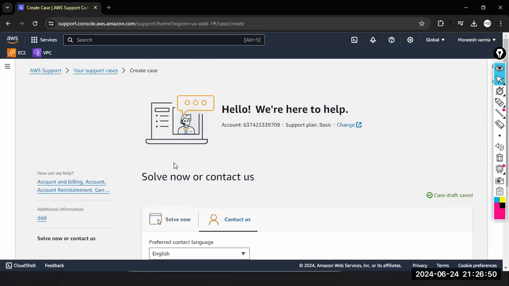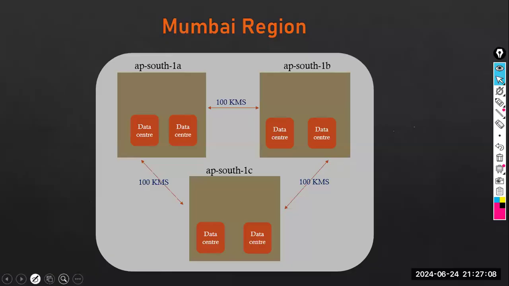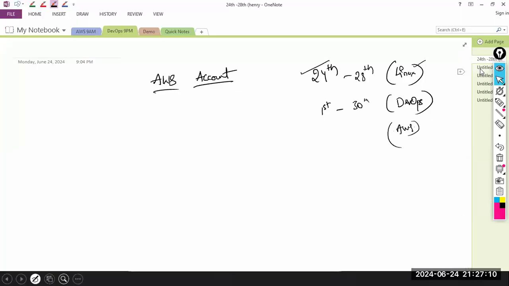Okay. So this is about customer support. Any questions in AWS customer support? See, this support plan is basic. That's all related to this. Next, coming to